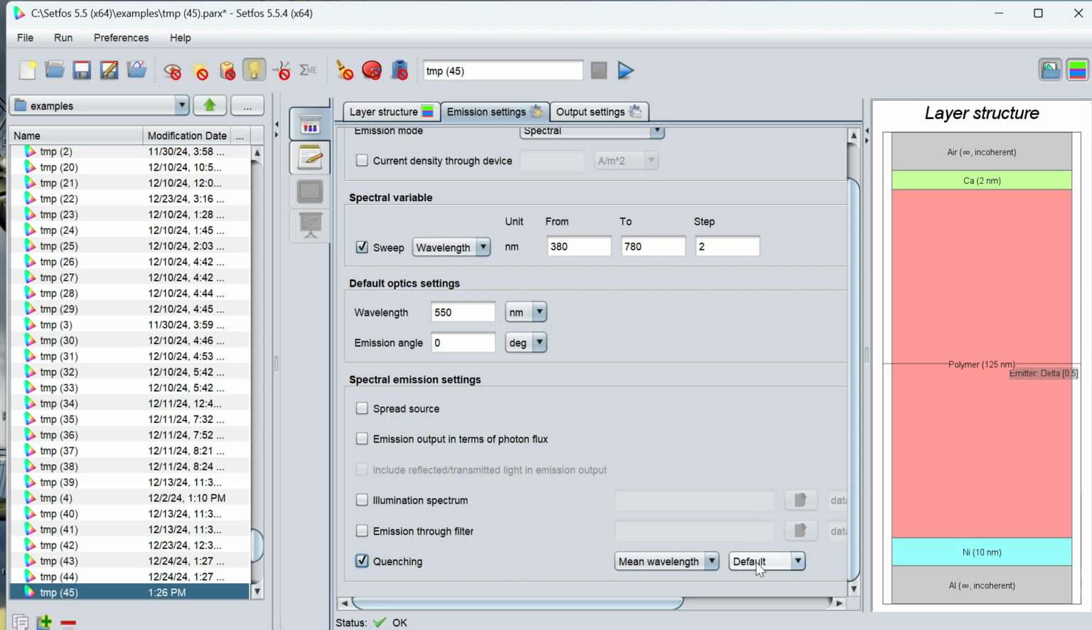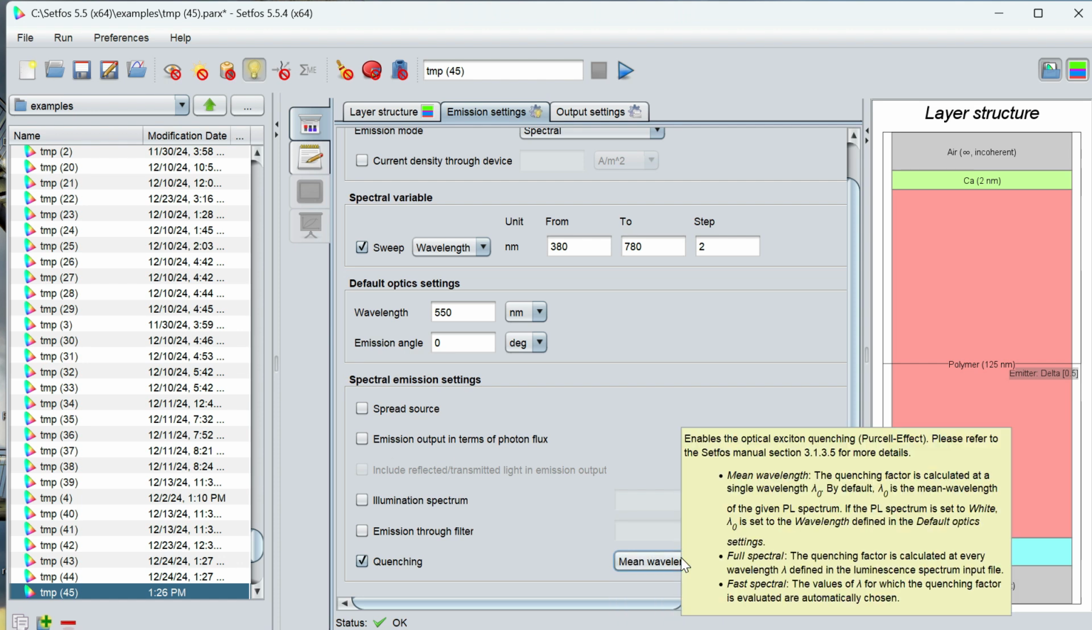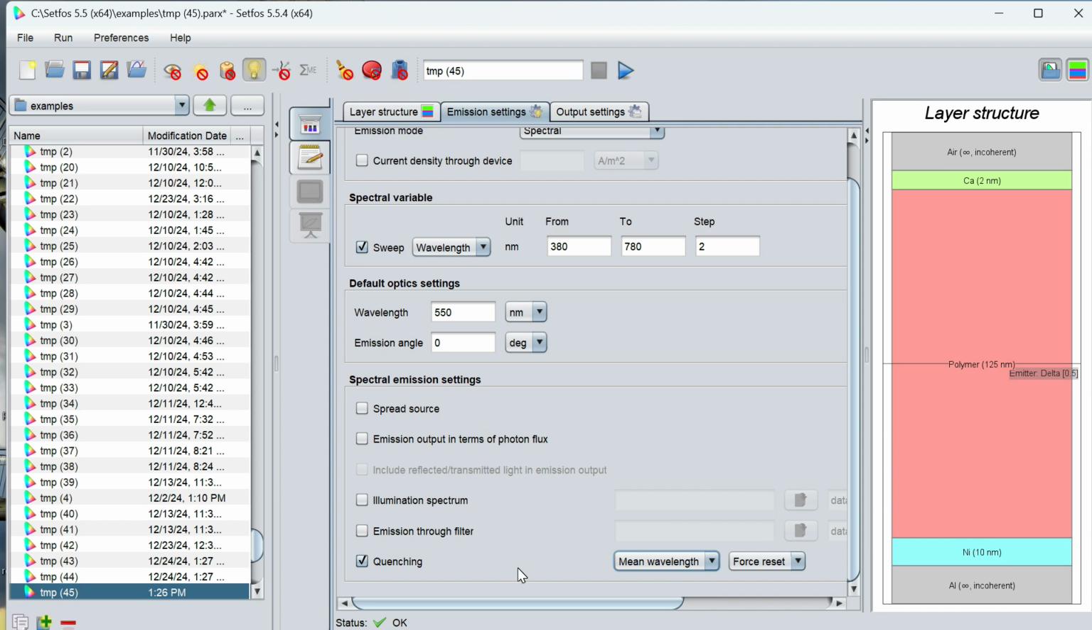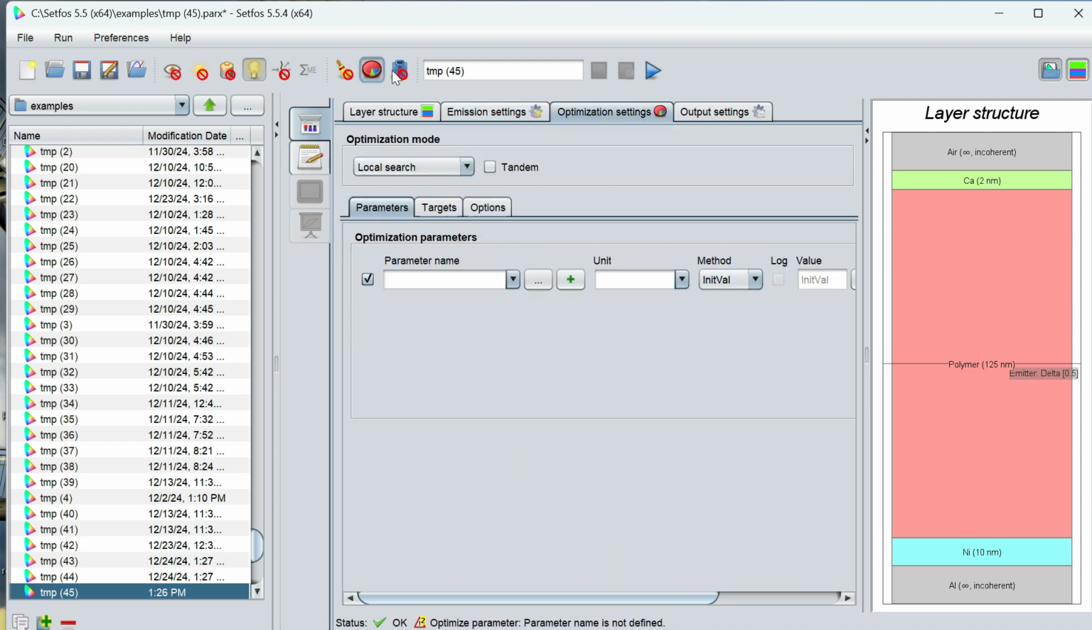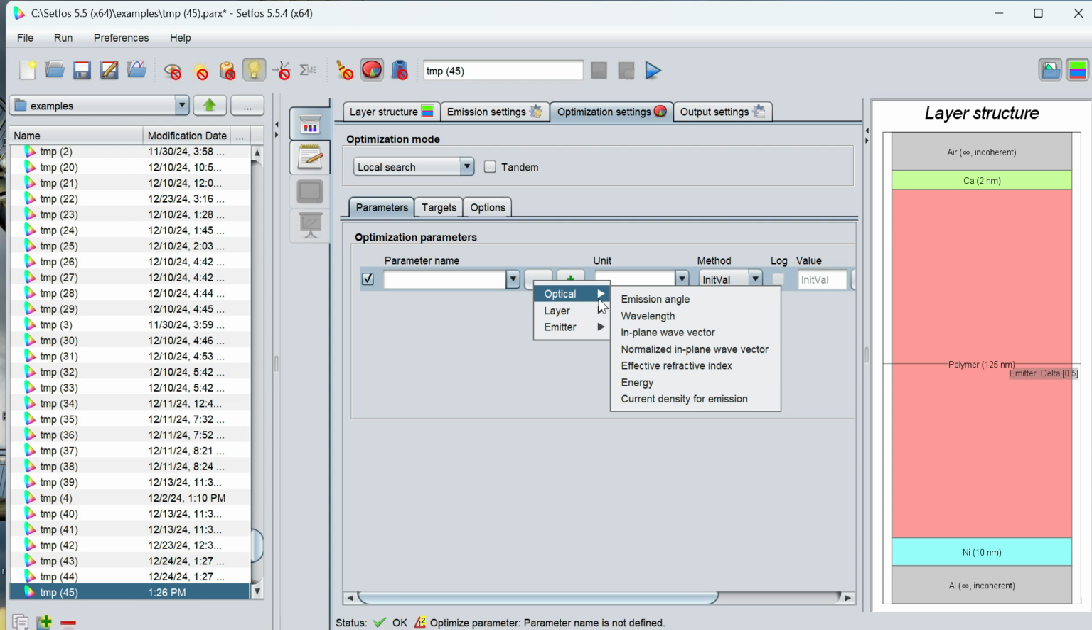We select force reset. You can see here the mean wavelength, full spectral, and fast spectral, but we need to consider the mean wavelength here. The layer thickness of the polymer is optimized to get maximal radiation. We need to activate the optimization modes. You can see the parameters here. Whichever parameter you want to extract, a lot of parameters are given here, and with the three dots you can also see the optical